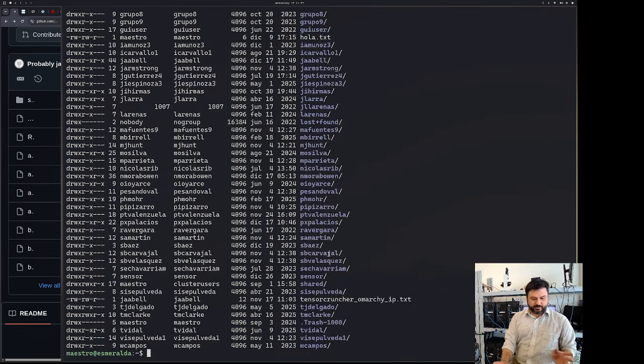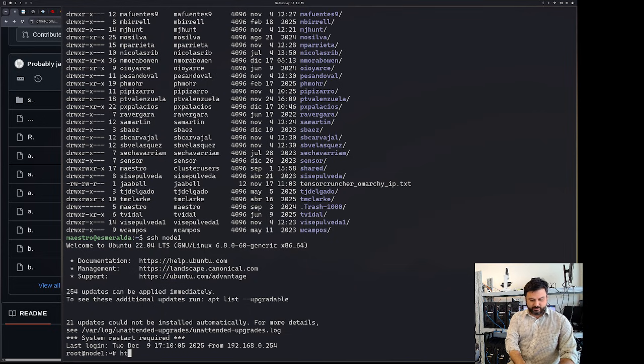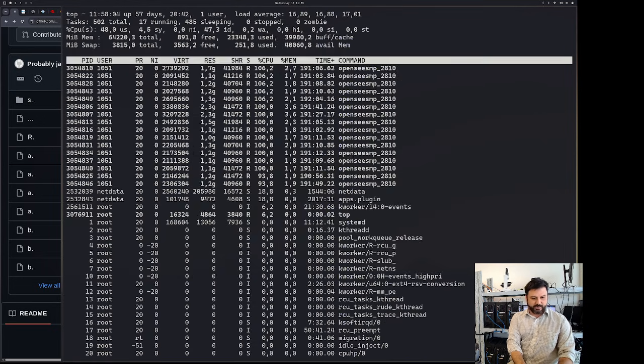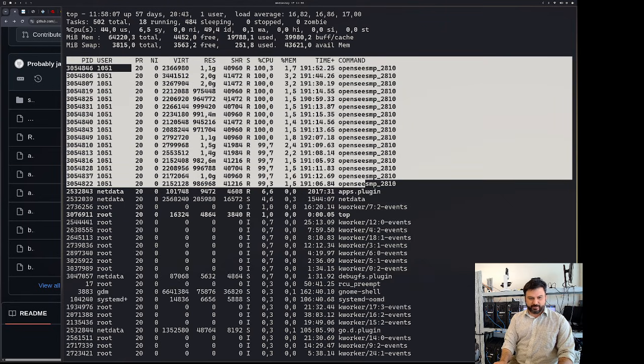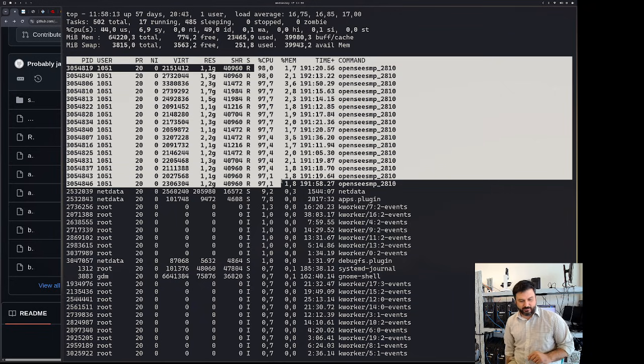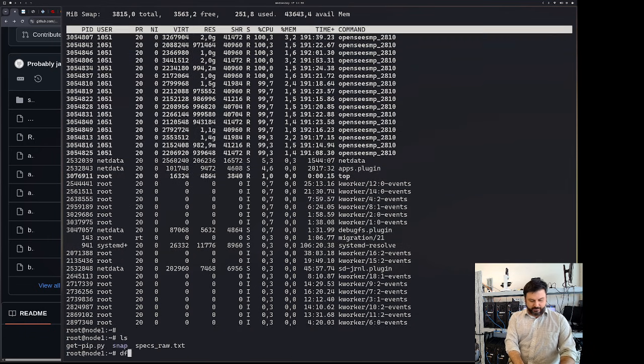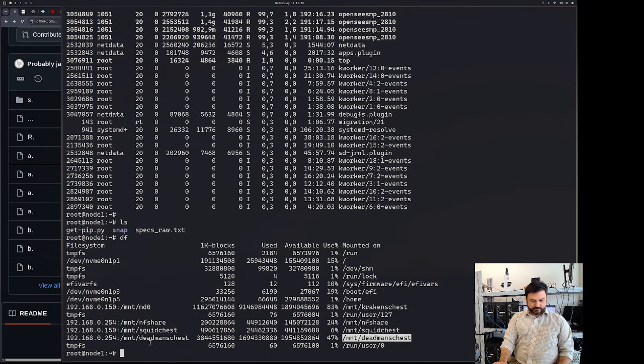through NFS. So if I take a look, let's log in to, let's say, node 1. Node 1 is running crazy right now. So if I go top, I should see OpenSees MP running like crazy with 100% CPU usage across 17 processes, because the base one of OpenSees is another one. So anyway, over here, if I do df, you'll see that Dead Man's Chest is mounted through NFS into this node. So this makes it easy for people to manage their home folders. You log into Esmeralda, you have your home folder, and this home folder gets replicated through NFS into the other